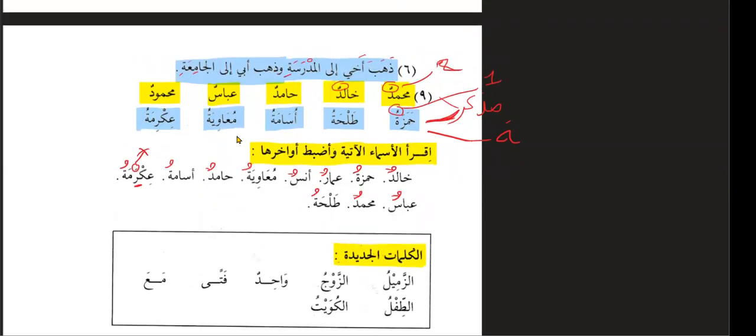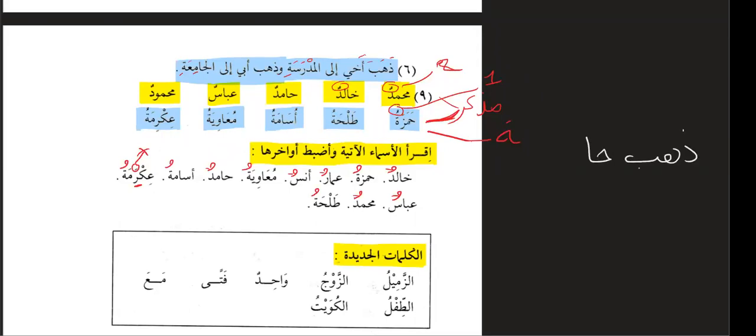Now, can I just ask a question about the names? Is it just the ending that's different, or will it make a difference when they're in a sentence? Will it change other kinds of words? Say if you had a sentence with Khalid, or another with Talha, because Talha ends in a ta, will it make any difference to any of the other words after it? For instance, Khalid ends in just one dhamma. Does that have any effect on the sentence structure? No. Let's say, for example, we would say